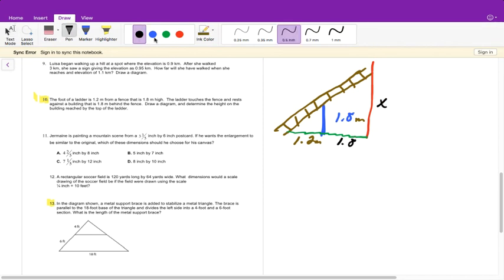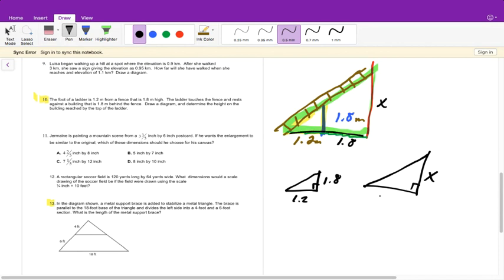This is going to create two different triangles. We have this triangle here that is being created, and I'm going to draw this out. And we have 1.8 and 1.2. And then we have this triangle here where the ladder touches the wall. So we have the two triangles being formed with that ladder, one with the fence and one with the wall. We don't know the height of the wall, but what we do know is this side is equal to 3. Right? Because we would add up, the foot of the ladder is 3 meters from that